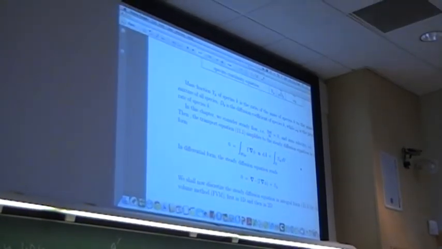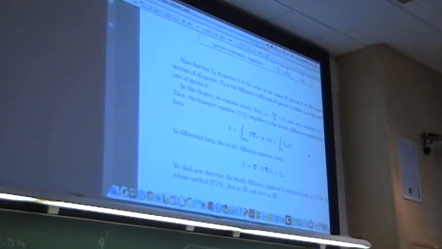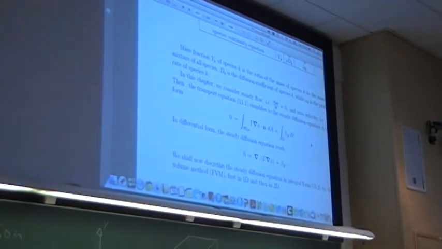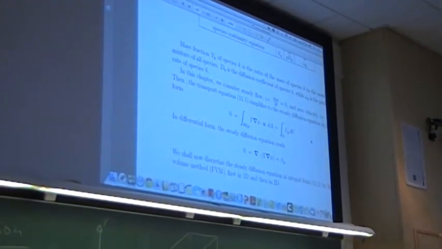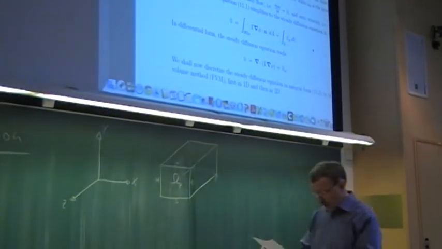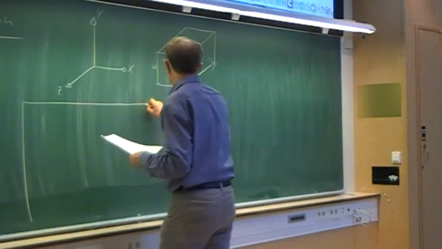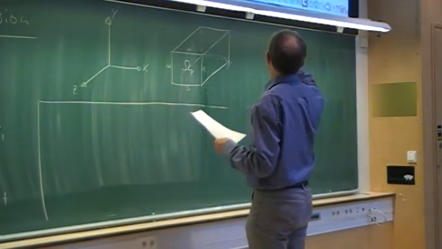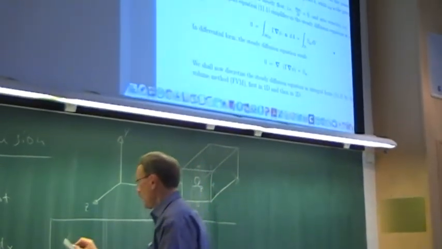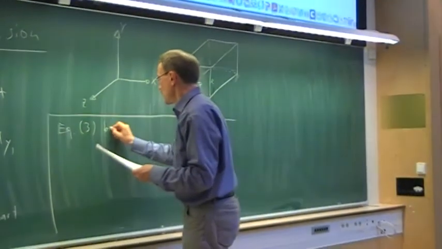Now we want to apply that to our special control volume that has constant cross-section in the z direction, and we shall now focus on rectangular control volumes. So equation 3, that is essentially what we see here, the integral form, becomes